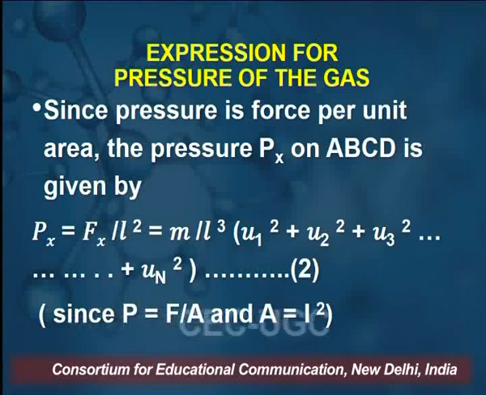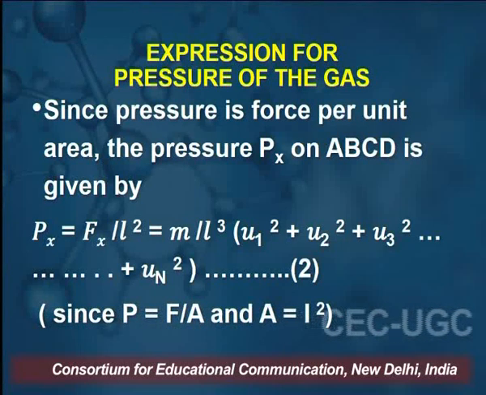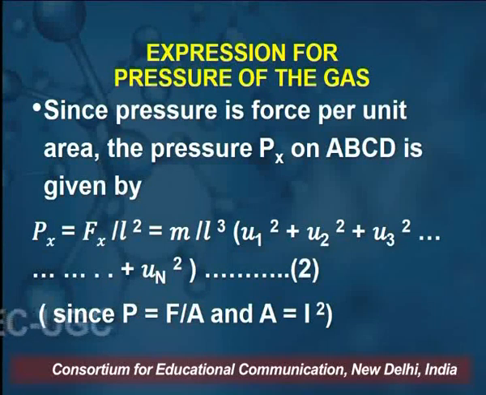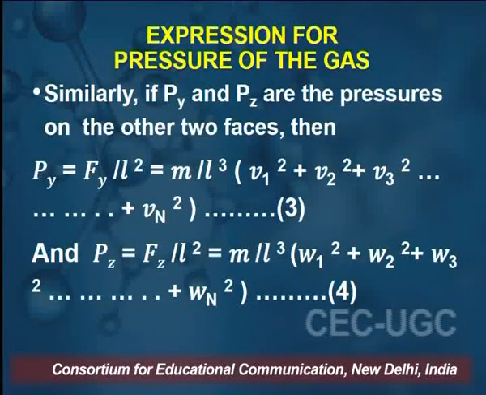Since pressure is nothing but force per unit area, the pressure Px on ABCD will be given by Px is equal to Fx by L square, which is equal to m by L cube into u1 square plus u2 square plus u3 square plus so on so forth un square. Call this expression 2. Since P is equal to F by A and A is equal to L square,